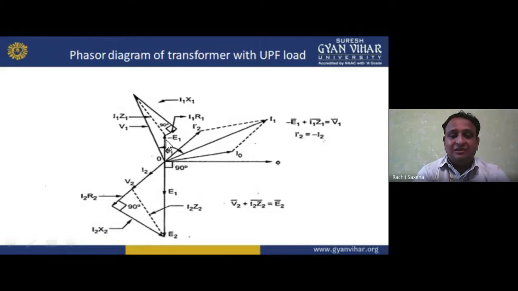Similarly for I1, the current is flowing here. So I1 and R1 are in the same phase. Why am I taking I1 like this? Because I1 is at an angle of about 45 degrees. So we place I1 here, I1 R1 in the same phase, then I1 X1 perpendicular, then I1 Z1 and V1, adding like this according to the equation. Okay, so that is for unity power factor.